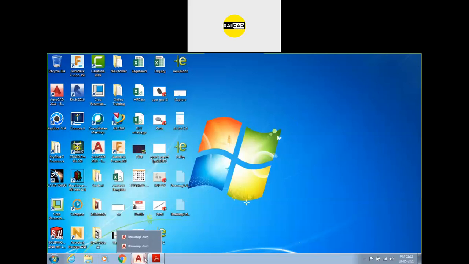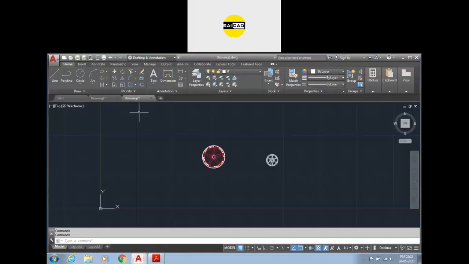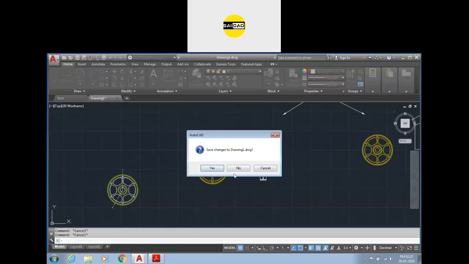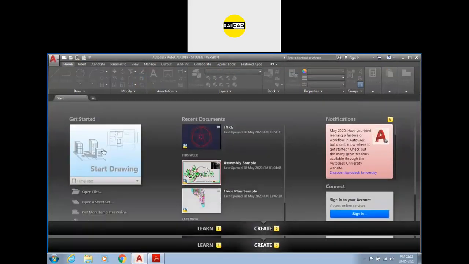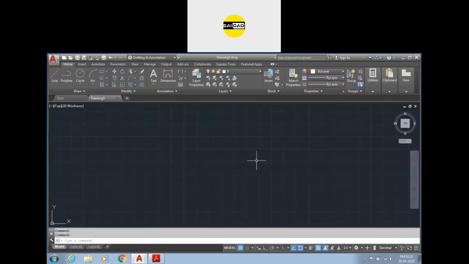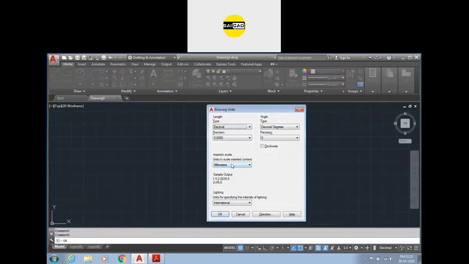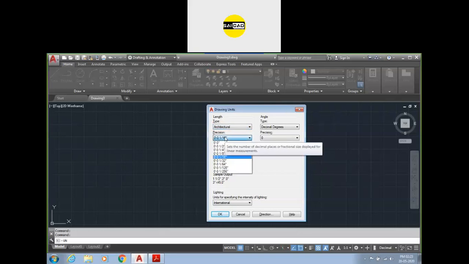Okay, so to create an architectural drawing, first go to the new drawing. Create a new drawing, and the first thing we have to do is set the units. Go to the units, set the unit to engineering or architecture, whichever you need. The main difference is that in engineering, we will set the unit like this, inch feet in decimals, and if we go to architecture, the unit will be specified like that.